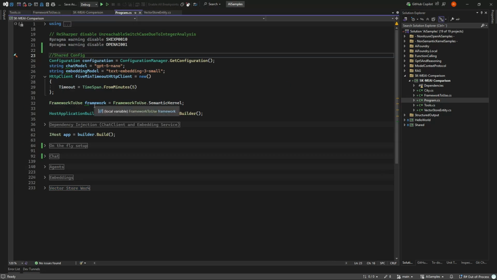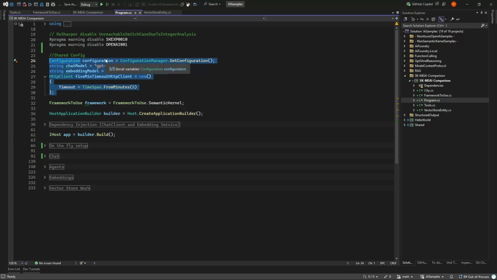Let's then look at the code. First up, I have some stuff up here where we can set up various configurations. These are just my credentials and endpoints and so on. We're going to use the GPT-5 Nano model here because we're not really caring about the AI responses today. It's more how you react to them, so we don't need the big, great model. And for embeddings, we're just using the text-embedding-3-small model.